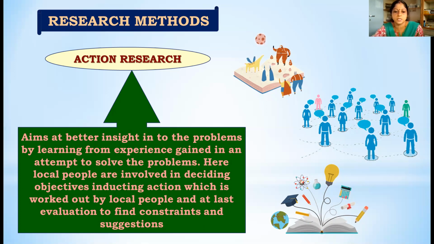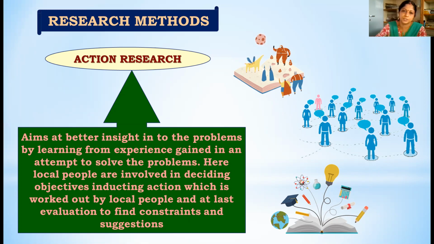Here in action research, we are involving the local people in deciding about the objectives. When I want to conduct some research about rodent management, I will ask a few people what research could be done on that, and based on their opinion, I'll come out with the objectives of this research. And this action research is worked out by the local people, and at last evaluation is done to find out